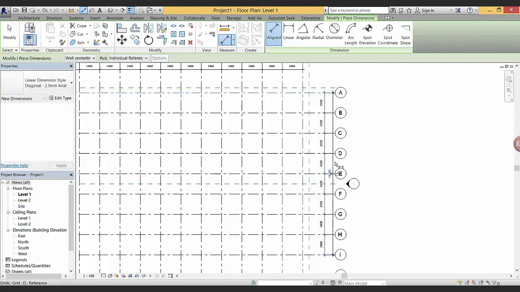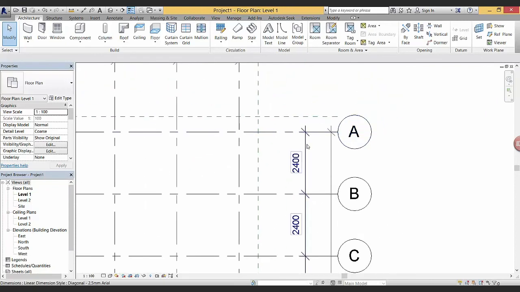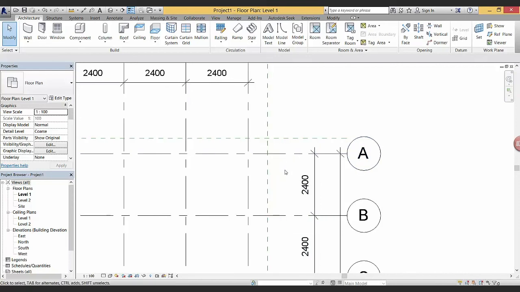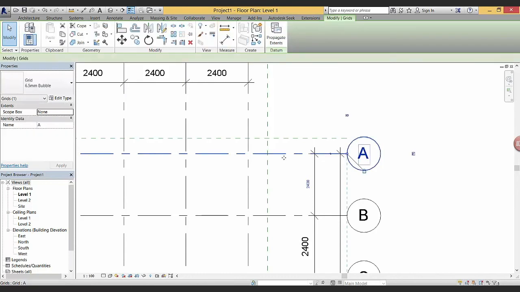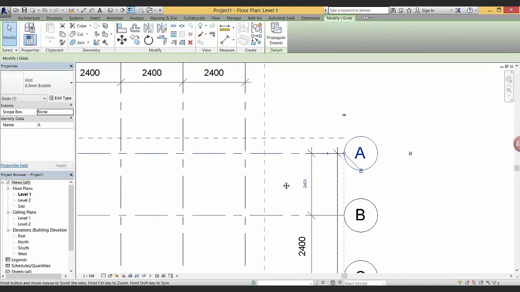Snap. Perfect. I'm going to show you a small but important thing with Revit, which is that you can use dimensions as temporary dimensions and permanent. This is a permanent dimension. You can use temporary dimensions for moving stuff, and you normally do this in Revit by clicking on the element that you want to move. Say if we want to move grid number A now up to a distance of 3 meters from grid number B, you can click on grid number A.